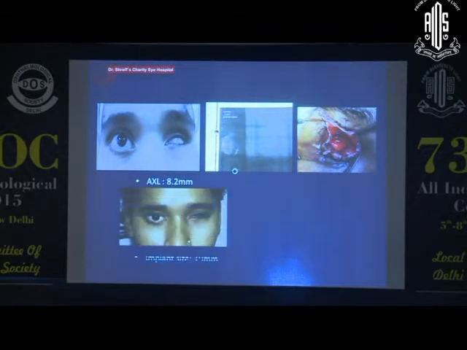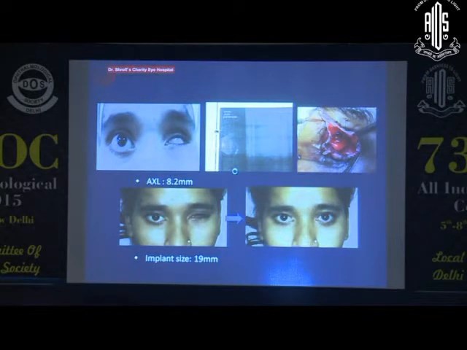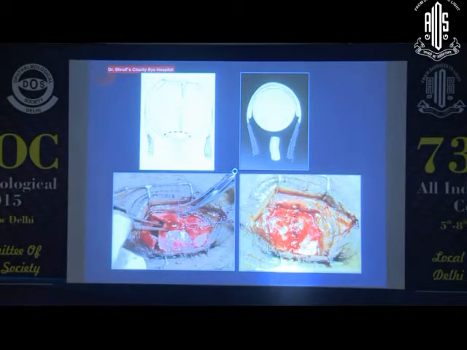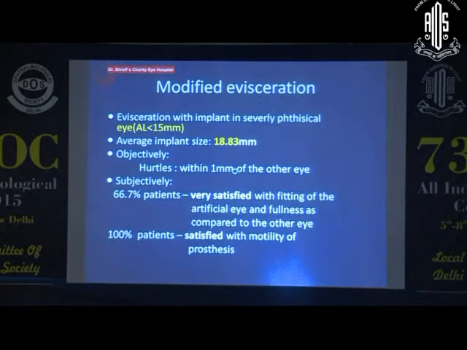This is a little different than that in the sense that we are not really cutting the 4 scleral flaps from the anterior to the posterior. We are leaving a rim of sclera in between. It's the anterior sclerotomy, posterior sclerotomy, this is where the optic nerve is, and the implant actually goes not within the sclera now, but behind the scleral shell, in the same place where an enucleation implant goes. So we had a small study at our institute where we found that in severely shrunken eyes, where we took patients only with axial length less than 15 millimeter, or in cases where it's not even measurable, we could actually put an average implant size of about 18 millimeter using this modified technique.